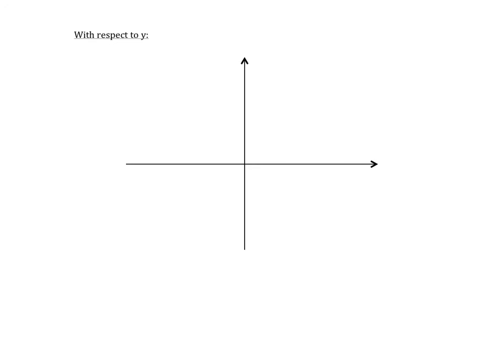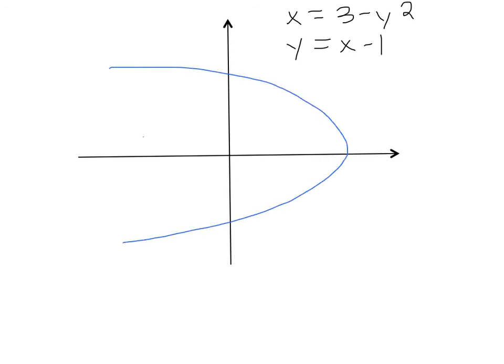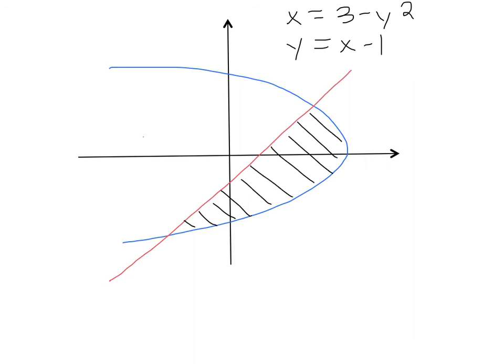Okay, so let's just refresh our memory on what those curves actually were. We had x equals 3 minus y squared, and we had y equals x minus 1. And we know what they look like now. We've got this little sideways parabola happening here, and then our line, and the region between them. And that's where we're looking for area. And if you sort of turn this thing, if you rotate it 90 degrees, let me try to do that here,